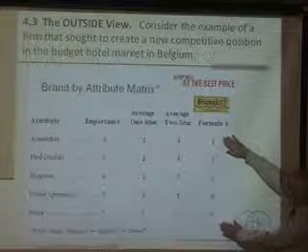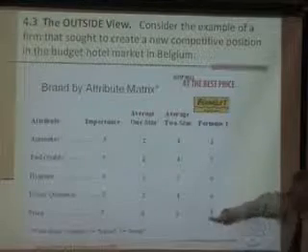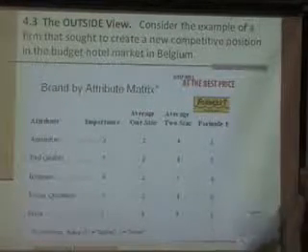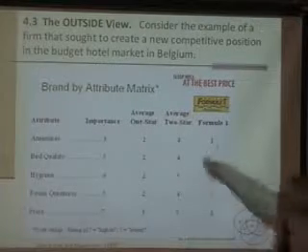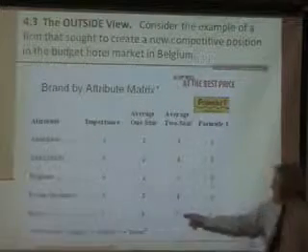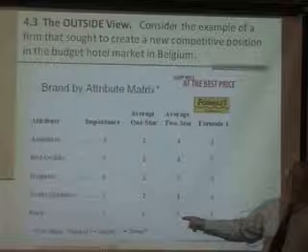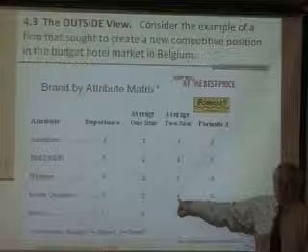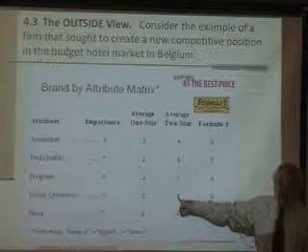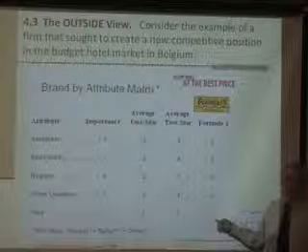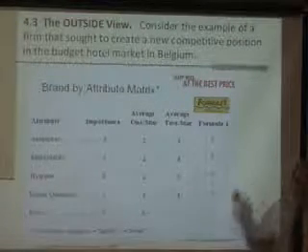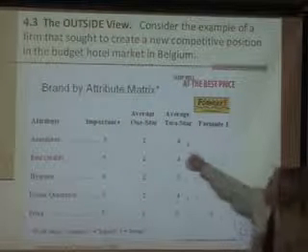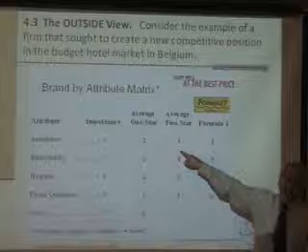2-star comes closer. The Formula 1 is very, very good, except price. So they have to sit back and say, well, if my competitor is here, I've got to do something about price because they're beating me there. I'm doing better on quietness, and customers may want to pay for that quietness. They may want to pay that additional price. If that's the case, great. It's a differentiated advantage. Not a lot of difference there, not a lot of difference here, there's a big difference here. So these guys are probably investing,